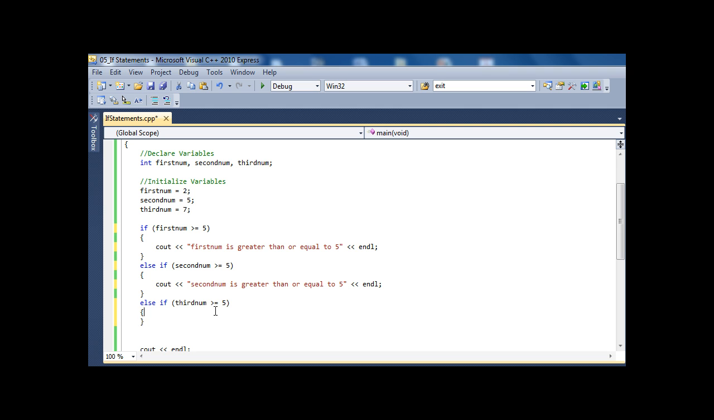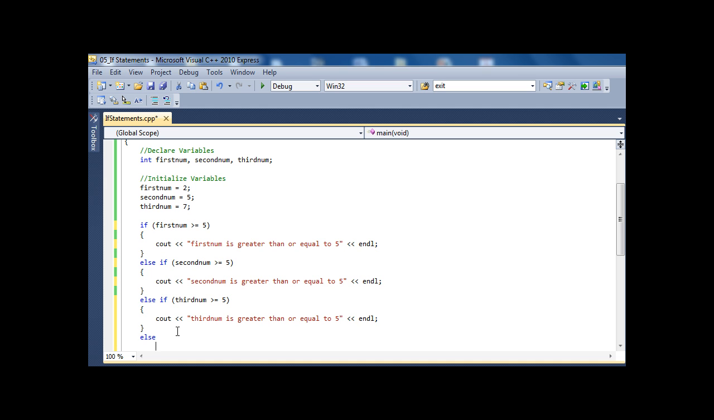If that is true, I'm going to say third num is greater than or equal to 5. And notice that I always put the starting bracket in when I put the opening and closing brackets in at the same time so that I don't forget to put this bracket. Okay, and I can have an else condition here, which means if none of these things are true,